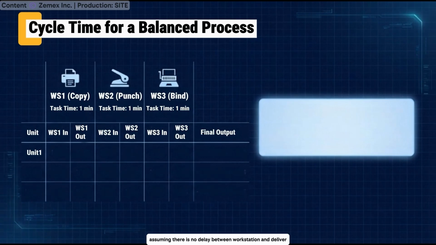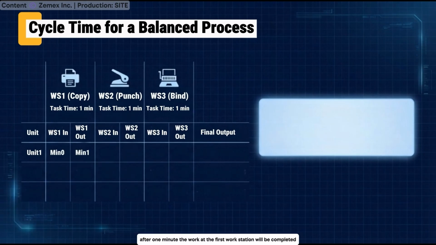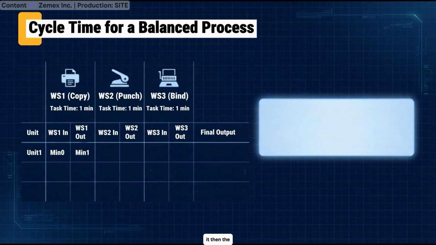Assuming there is no delay between workstations and delivery, the earliest time that the first worker at workstation 1 can pick up 1 unit of raw material is time 0. Since the task time is 1 minute, after 1 minute, the work at the first workstation will be completed. Then, the worker at the second workstation can pick up the output from the first station at minute 1, again